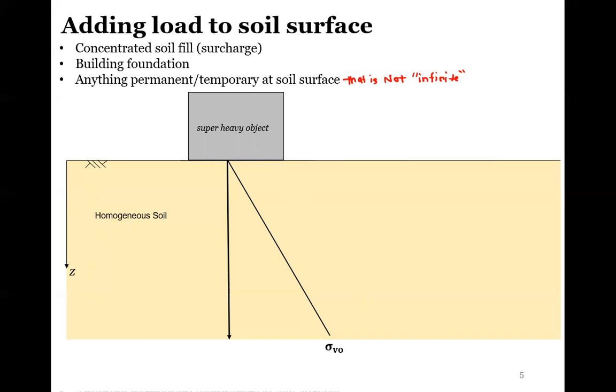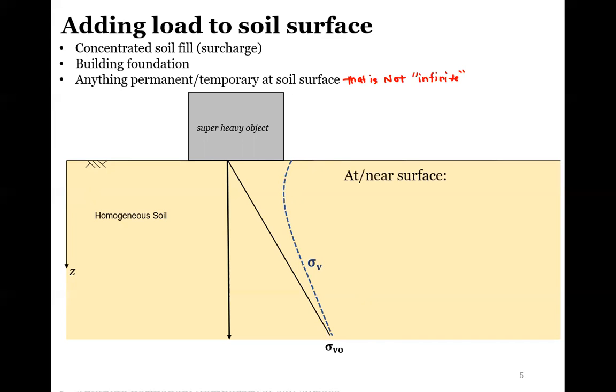So what we would see is that this isolated or concentrated object that is super heavy, that is adding stress, is not going to shift the in situ vertical stress uniformly like we saw before. Instead, it would have some type of increase and then dissipation with depth. So at or near the surface, what we would have